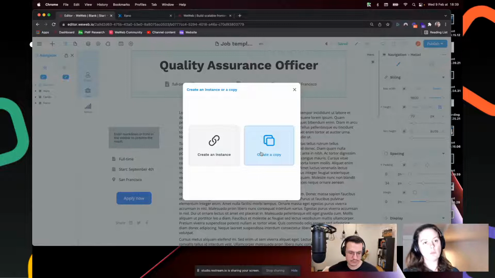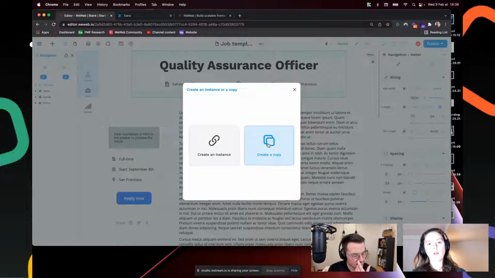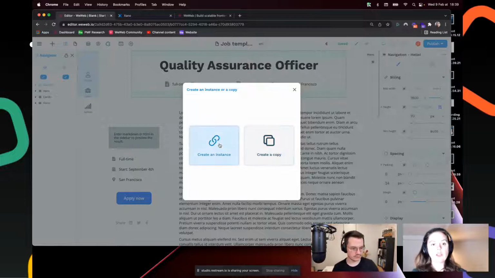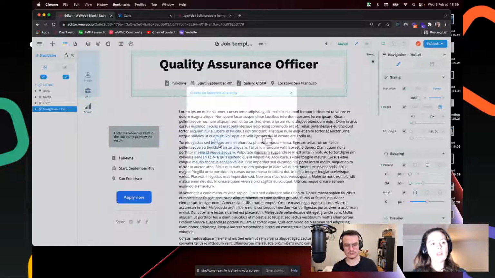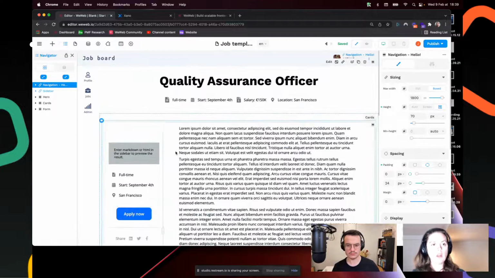It goes back to what I explained when I was duplicating the project last week. If you create a copy, it will really create a separate, independent copy from the original. So if you make changes in the new copy, it will not make changes to the original. But if I create an instance, which is typically what you would do, as Quentin said, with a navigation or a footer,